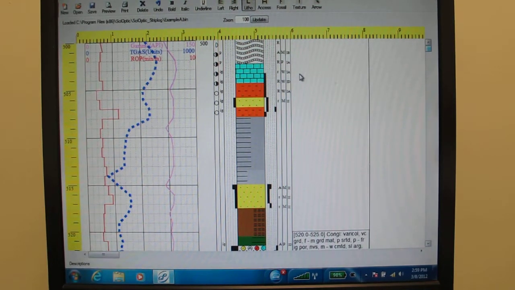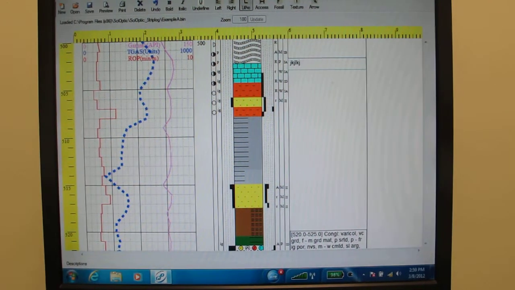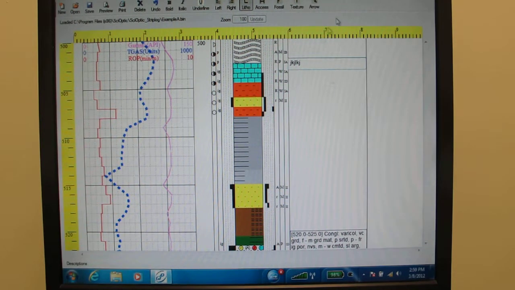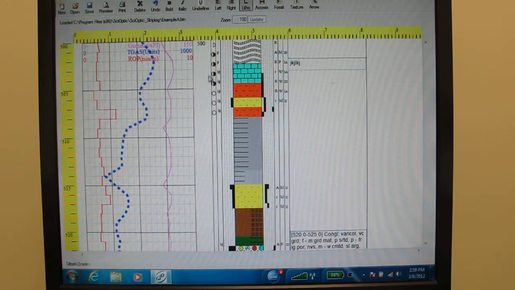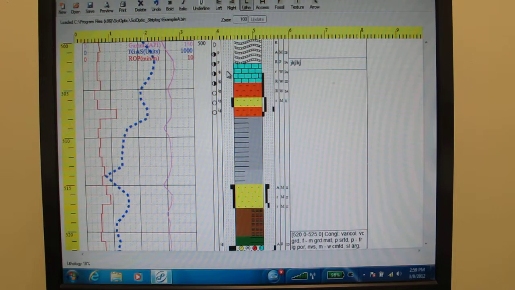And then the last will be your description column, which we will talk about in different tutorials on how to create and add to a dictionary, how to change and adjust whatever shorthand you're using, and how to expand shorthand to longhand. That will be in a different tutorial. Right now we're just going to stick with symbols. And the last thing we want to talk about is entering data,